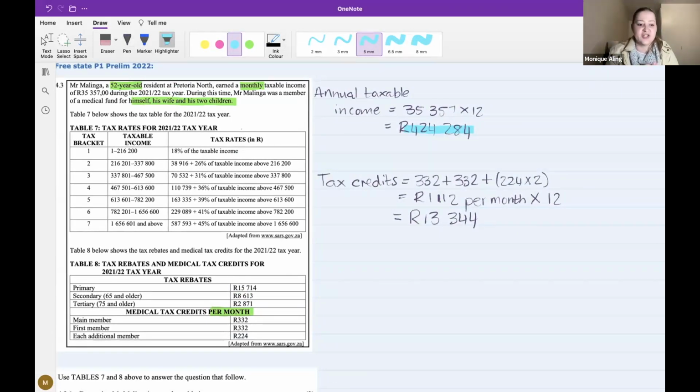Which tax bracket does he fall into? 1, 2, 3, 4, 5, 6, or 7? Okay, once again, tax bracket 3. So to work out the tax payable,